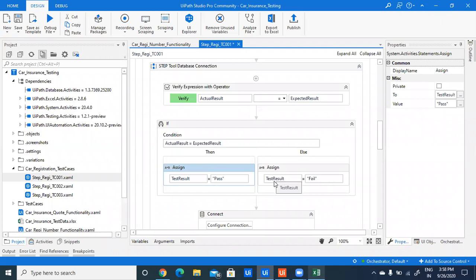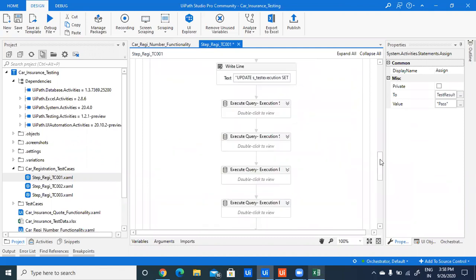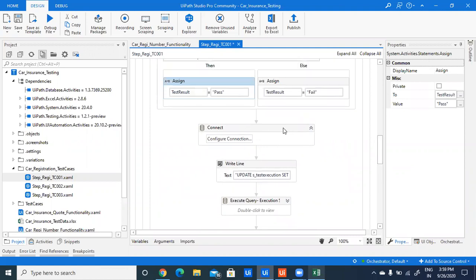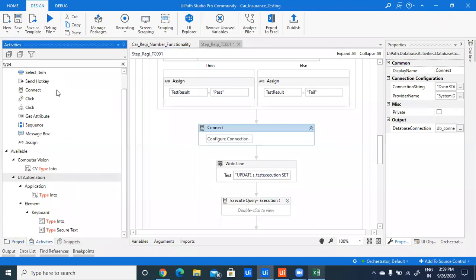So this test result, actual result, and expected result, all these variables we will be using in our test management tool integration. After this, we are integrating our test management tool by using a connect activity. In the activities panel, just drag and drop the connect activity and provide the connection string.